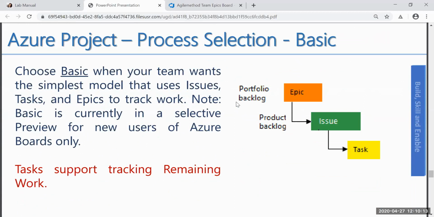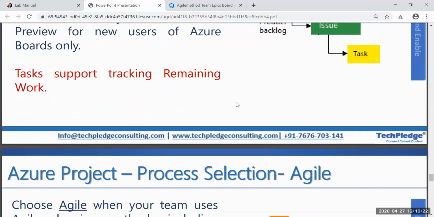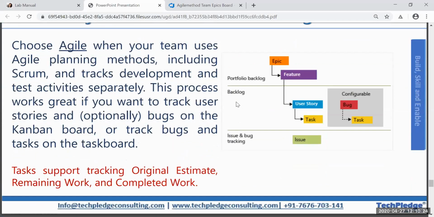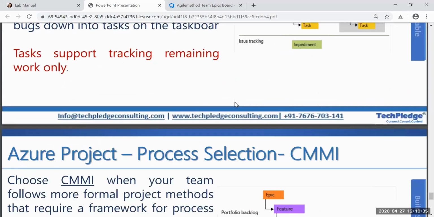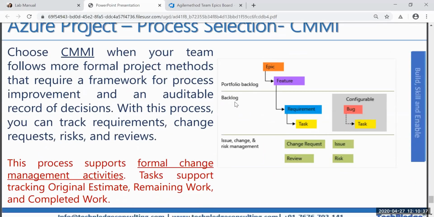Keeping those things in mind, you can select your process. Normally a company has already defined it: we are following the agile process. They might be already following it. So that depends on the method of the software, the nature of the company, the nature of the team, and they can select a process. Understood.